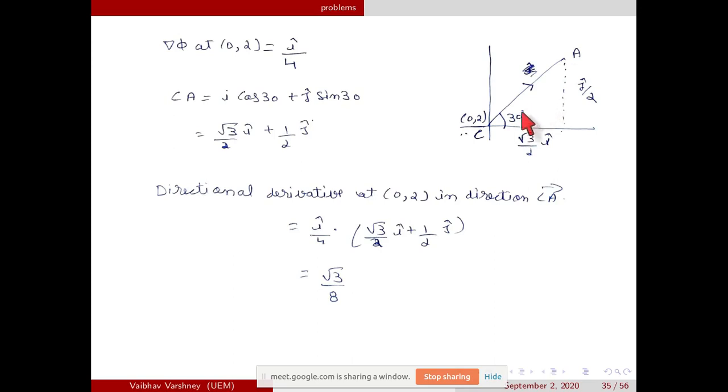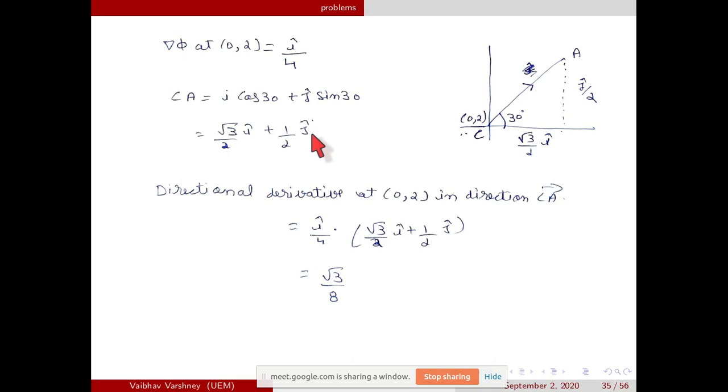So if you take its two components, because it's a vector, it must have both x and y component. This component will be sine 30 and this component will be cos 30, so the vector will be cos 30 i cap plus sine 30 j cap, and cos 30 is root 3 by 2 and sine 30 is 1 by 2. So the vector we have obtained at 30 degrees is root 3 by 2 i cap plus 1 by 2 j cap. This point is clear?